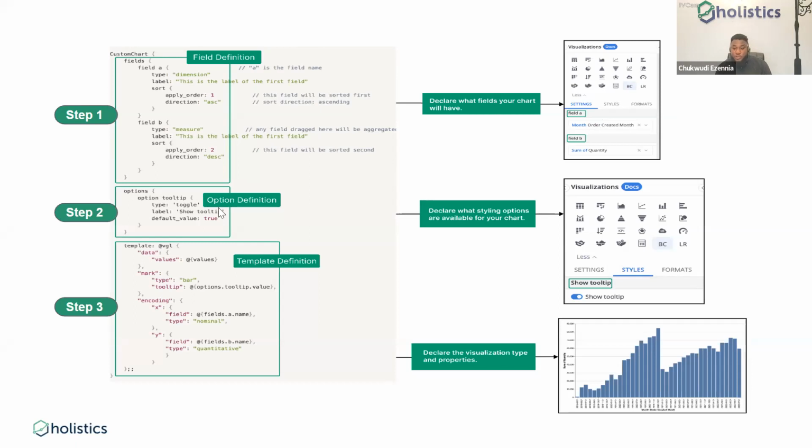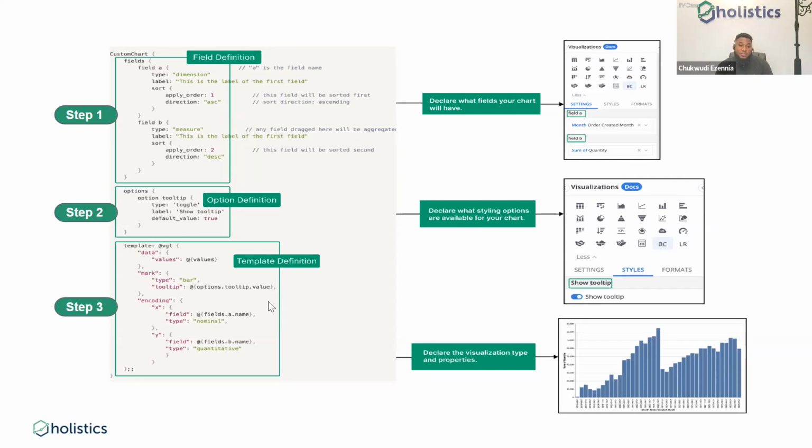And the second step is to define the options. I mean, this is where I know a lot of people would find interesting. We've gotten a lot of questions about how can we do font styling, how can we change background colors and all of those things, right? So we are able to define most of these things with options. And you see that this directly influences what you see under your styles.